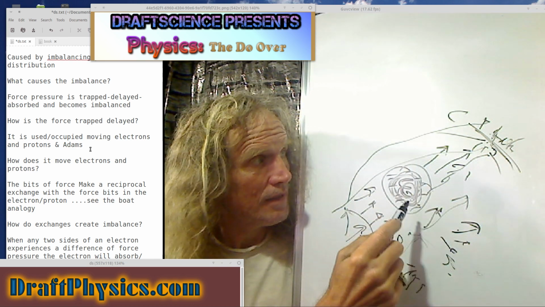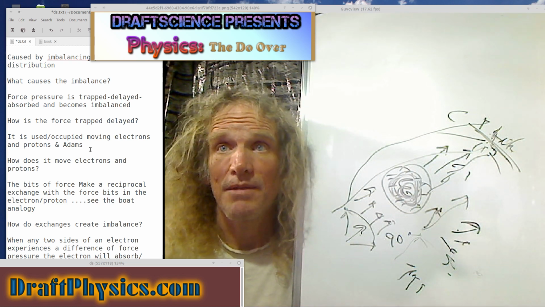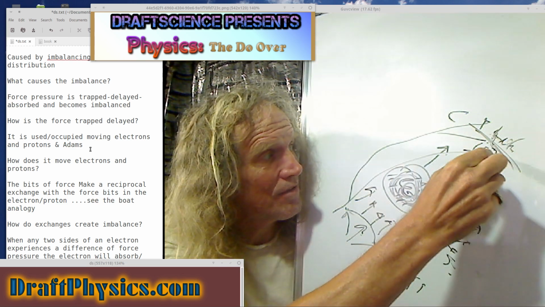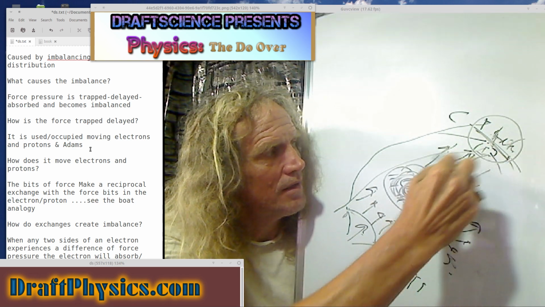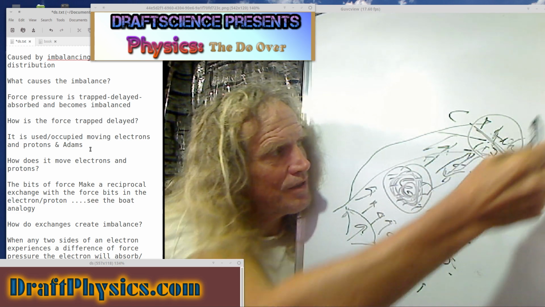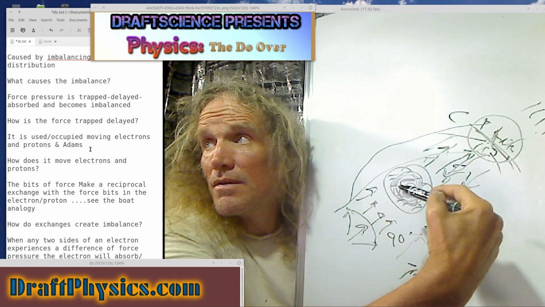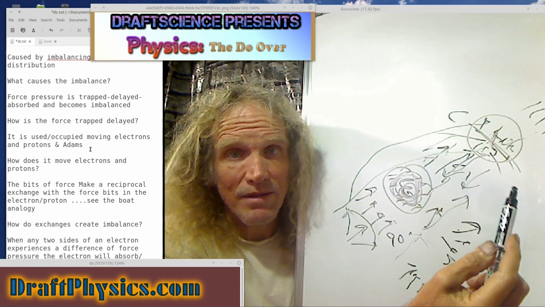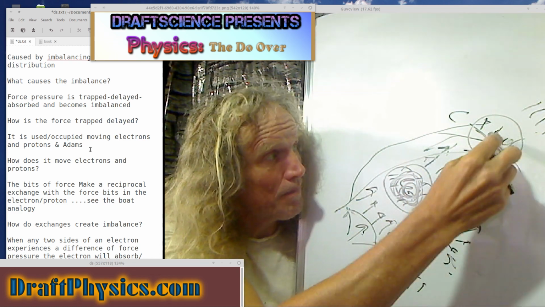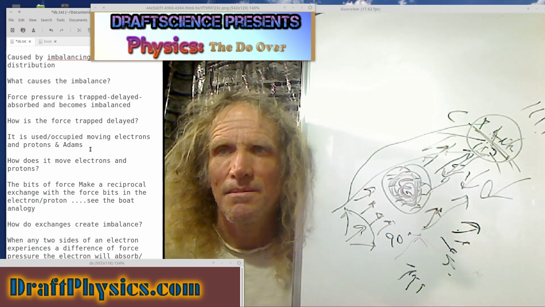And by delaying its arrival, I'm essentially saying it didn't arrive for a whole period of time that it was supposed to. And so this thing has no choice but to fall into the low pressure created. It has to move into that low pressure, because it's going to make more exchanges going this way and less exchanges going this way. And the consequence of that is the boat is going to end up with a bias in this direction. It really is so simple.